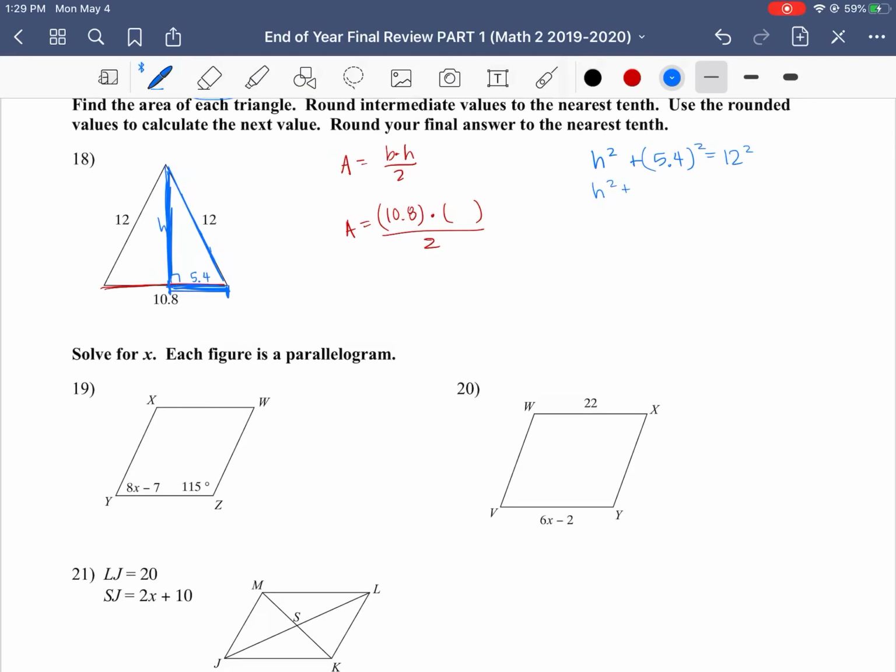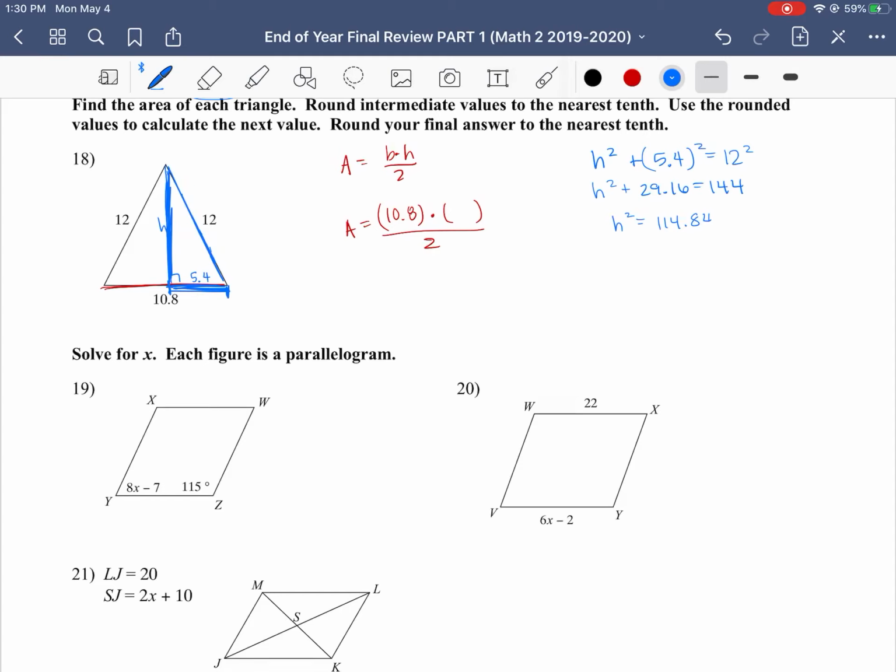So again, we've got h squared plus, we're going to take 5.4 and we're going to square it, which is 29.16, is equal to 144. And then we go ahead and we take 144 and we subtract out the 29.16. And it looks like our height is the square root of